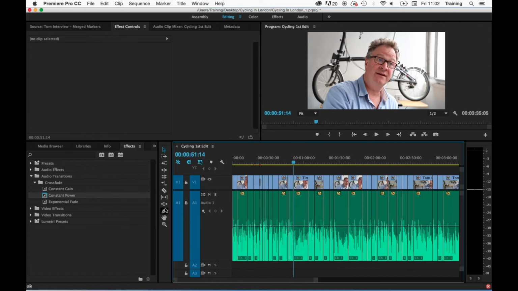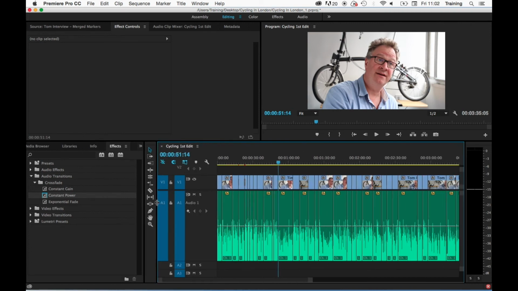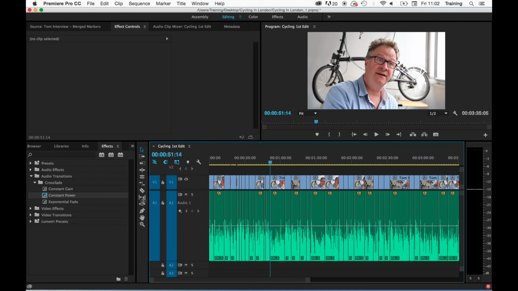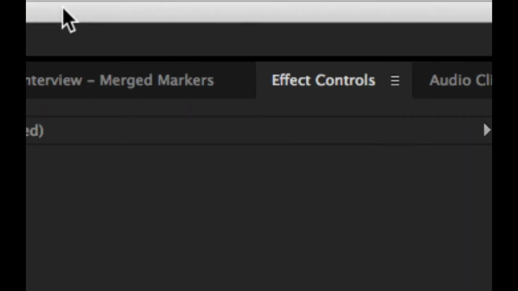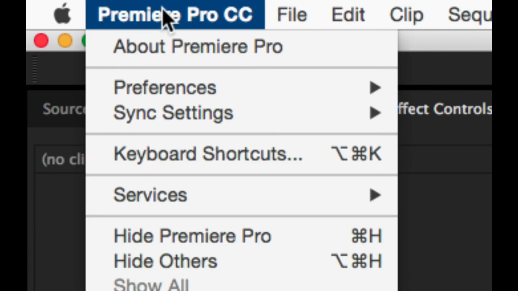It's not uncommon with audio transitions to want to put a short audio transition between a number of clips. So here's a really quick way of applying a short audio transition over all of your edits in a sequence. First of all, you need to set the default duration of your audio transition to what you want. You do this by going to the Premiere Pro menu on a Mac or the Edit menu on a PC